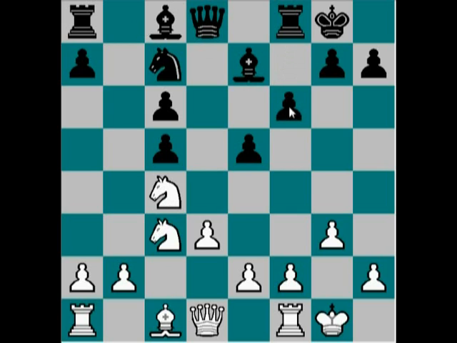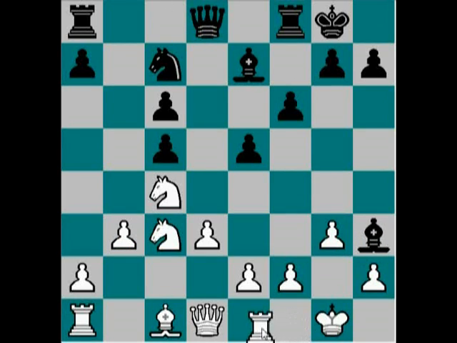Knight c4, f6, b3, bishop h3, rook e1, knight e6. Black is heading towards the center with their pieces. After knight e6, bishop b2,